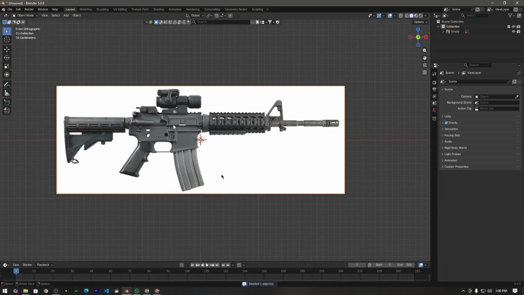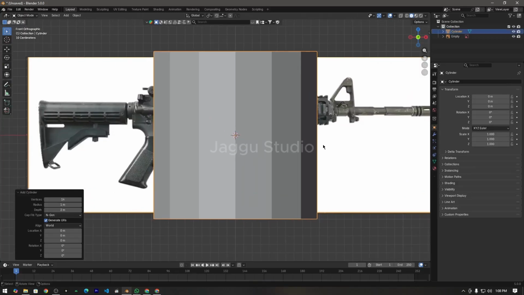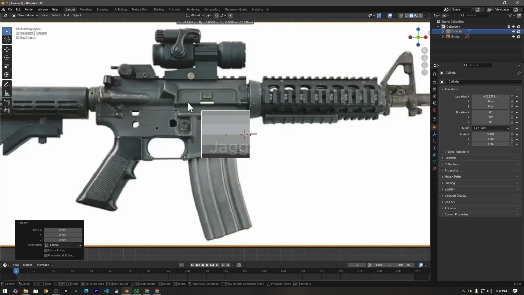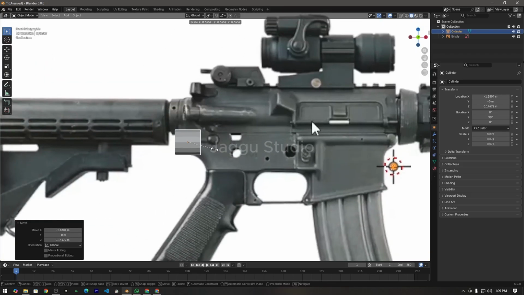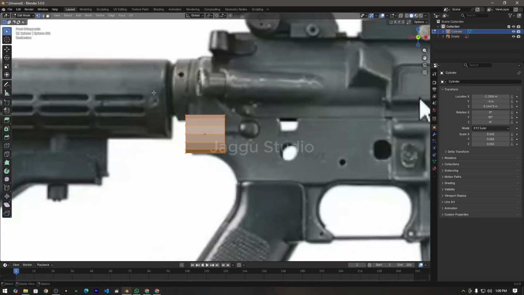Okay, so to start modeling it, I'm going to add a cylinder here, and then make sure to set the vertices to 14 and then RY and 90. And then I'm going to scale it down and place it right side of the barrel. After placing it, go into edit mode, then go into wireframe mode,